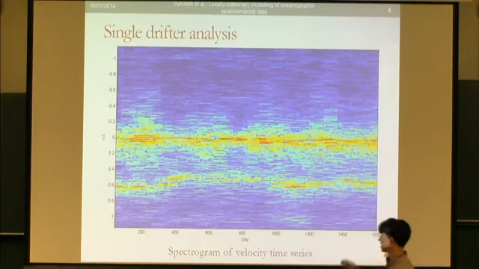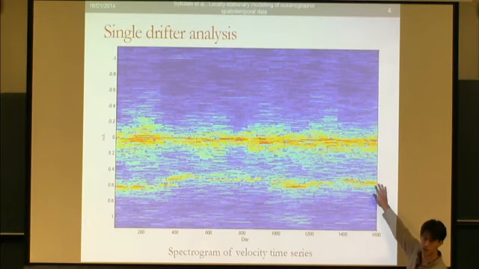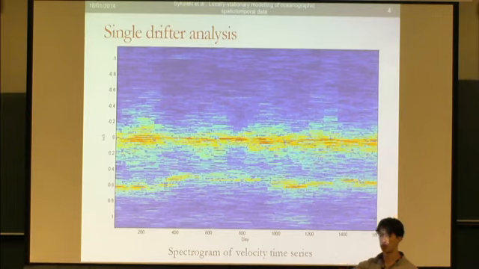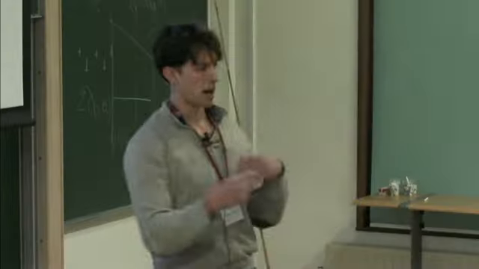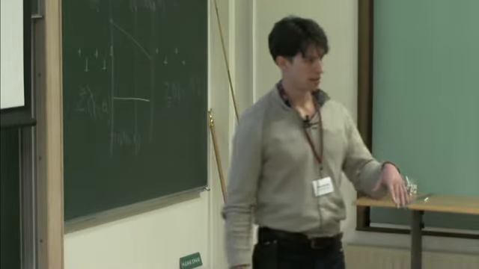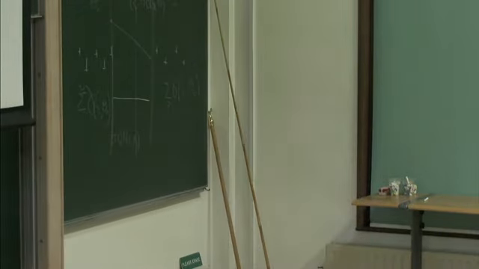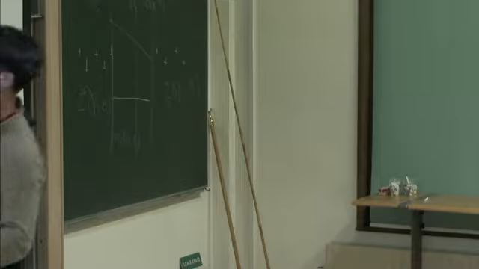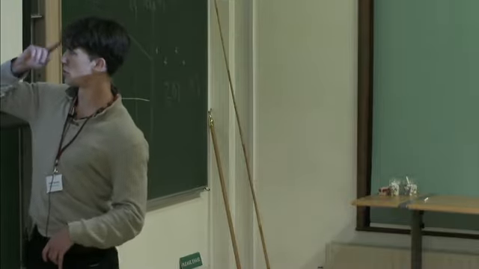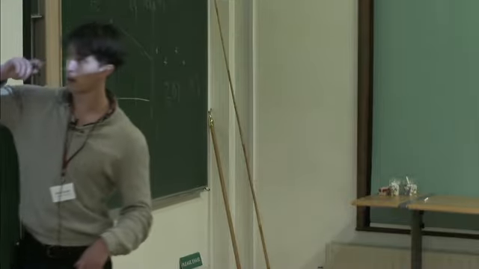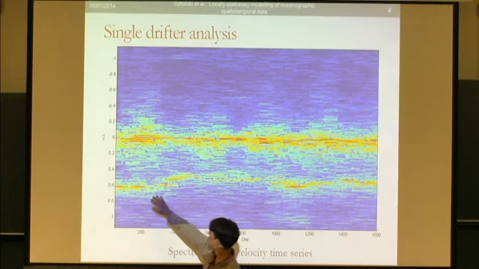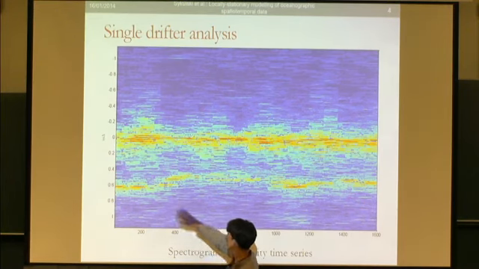And these are spins that occur because of the Coriolis effect. So this is the fact that the Earth is spinning on its own axis, and it creates an oscillation in the drifters. And we observe this in the power spectrum. And that's this band of energy here. And notice the sort of non-stationary nature. The drifter's moving, so the frequency changes at different latitudes, and that creates